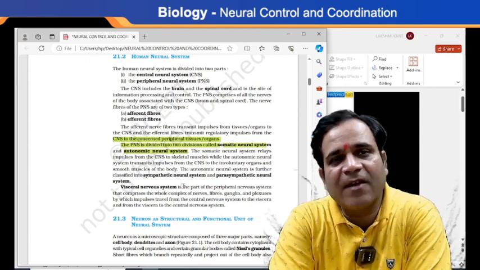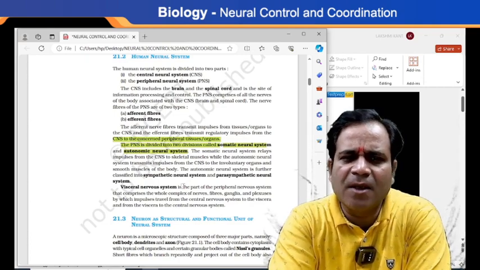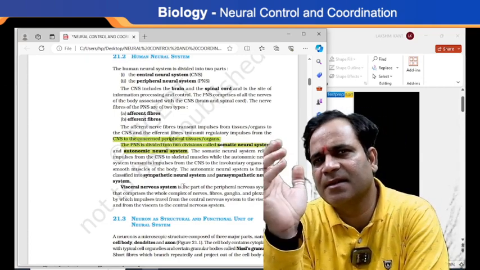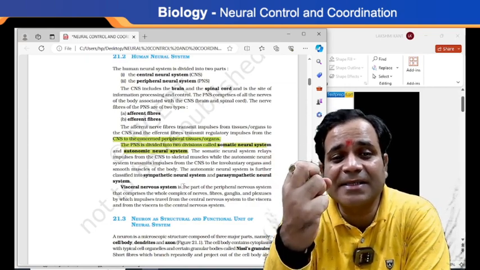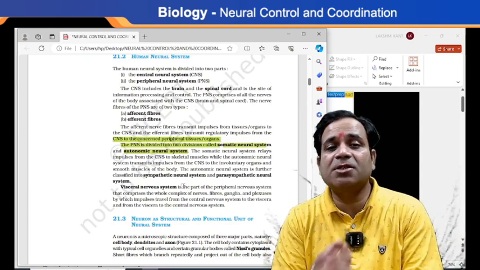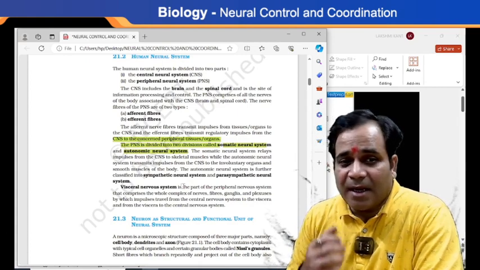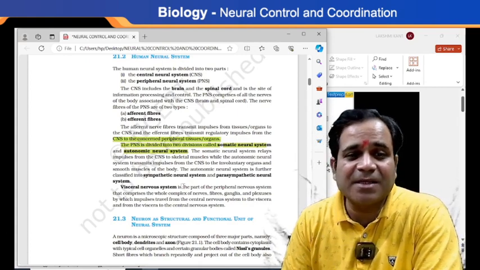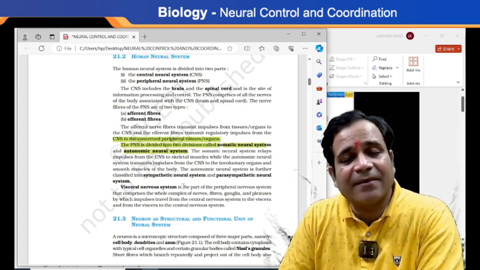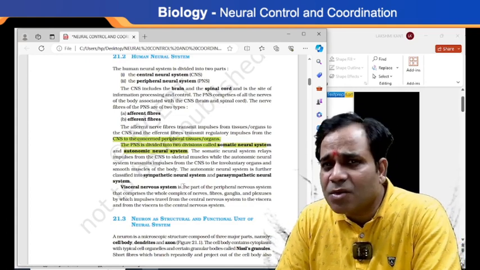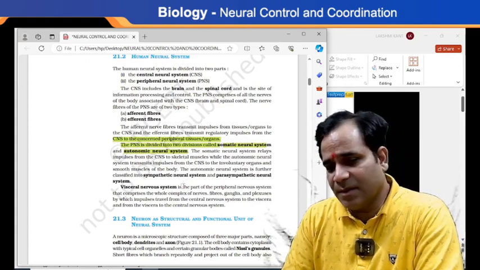See, my dear, if anybody asks you about the somatic neural system, then you say it is the system which relays impulses from the CNS. Listen carefully. What I'm saying, the relay messages. The relay impulses from the CNS to where? To the skeletal muscles, my dear. And the autonomic system transmits impulses from the CNS to whom? Involuntary organs. Yes, involuntary organs. That very organ which is not controlled by our will, my dear. Getting my point? And smooth muscles of the body, you say.